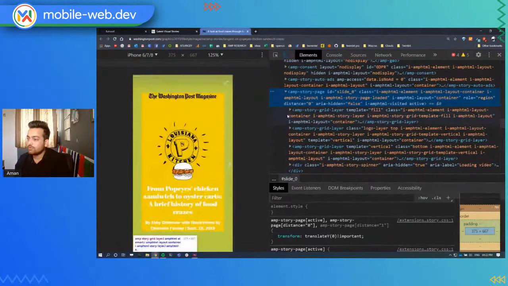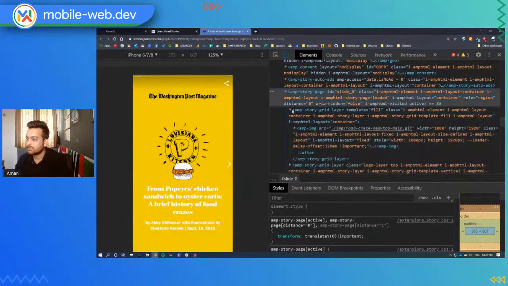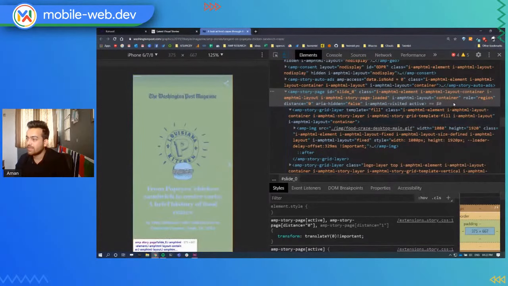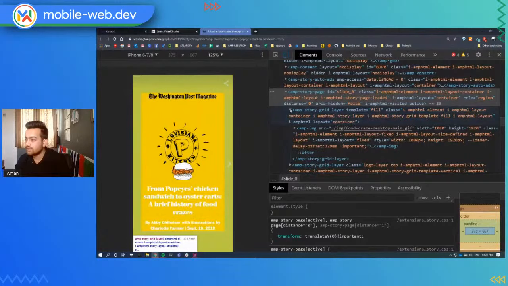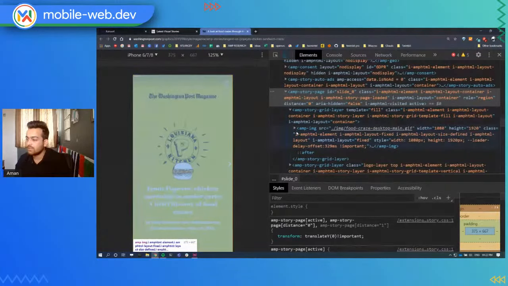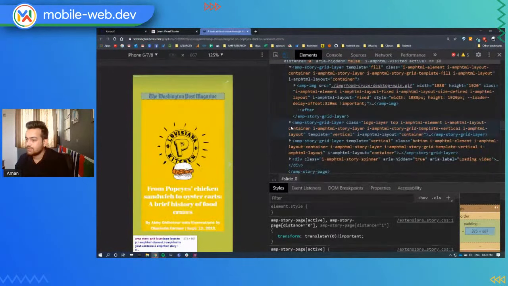Yep. So again, to see, then we have added a grid layer. This grid layer is just to set it as a property of the back element, which is applying the yellow color, I guess. Then you have another grid layer, and again a layer for this GIF which is in the background. Then this grid layer is giving the property where it has written the Washington Post on top. Again, various attributes. It has applied the layout as container and the template as vertical.